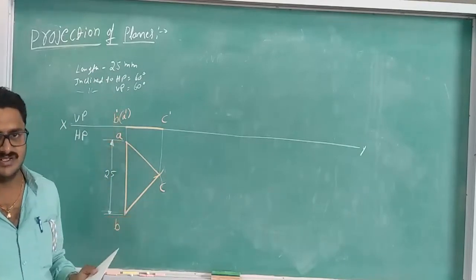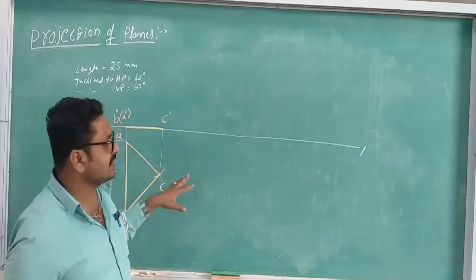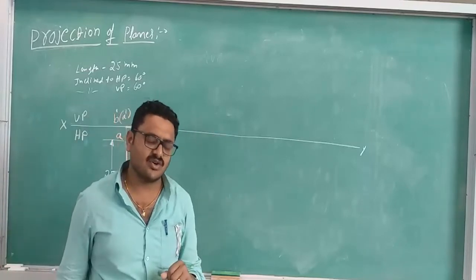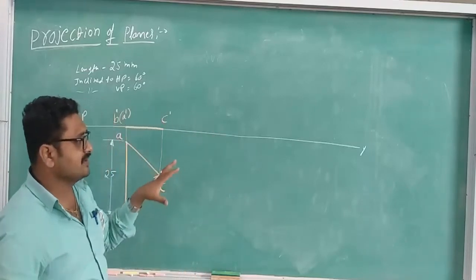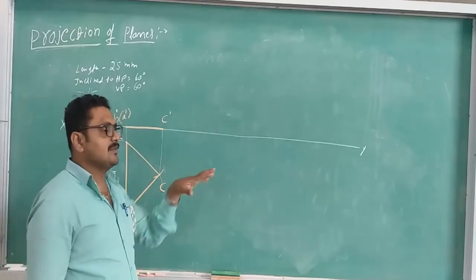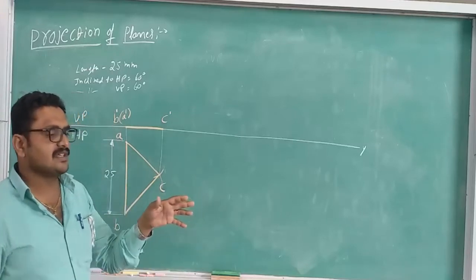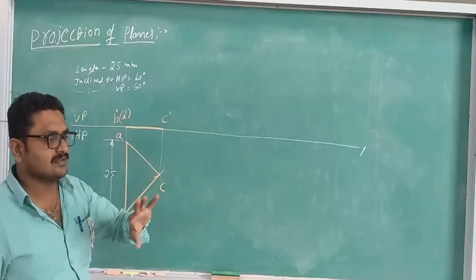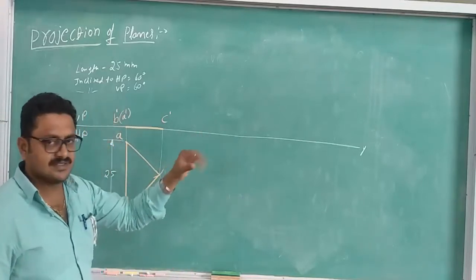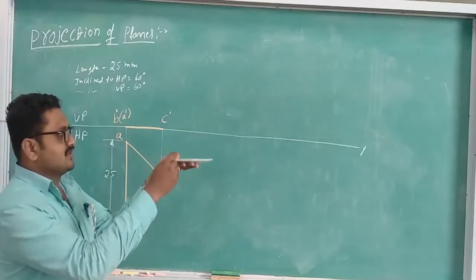First step is finished. And second step. In second step, what we see in the data, almost in all the problems, we will say check the surface inclination or lamina is inclined. They will give the surface is inclined to HP or surface is inclined to VP, or lamina is inclined to HP or lamina is inclined to VP. In some cases they give the diagonal is inclined, or some other different one or two problems are there, they will give different data. That we will discuss later. In this case they have given the surface inclination, that means it is resting on HP is finished.